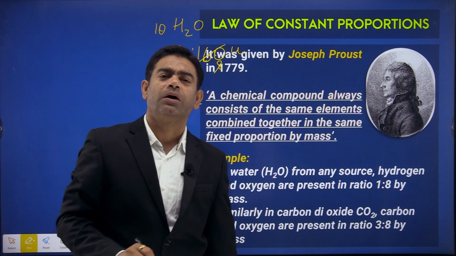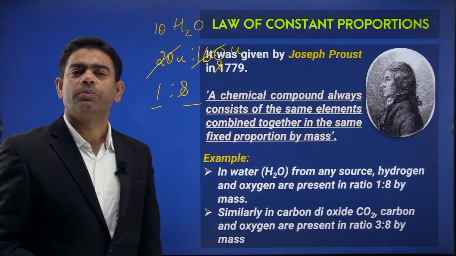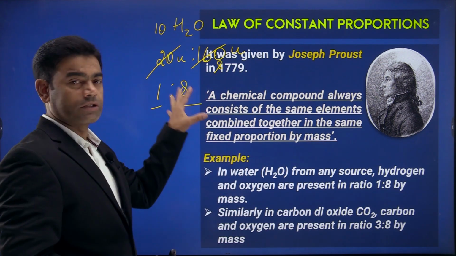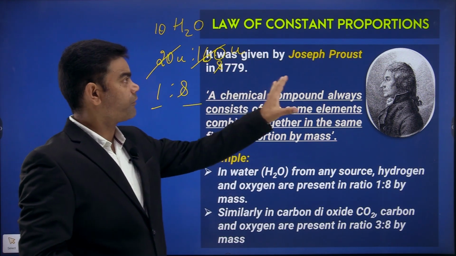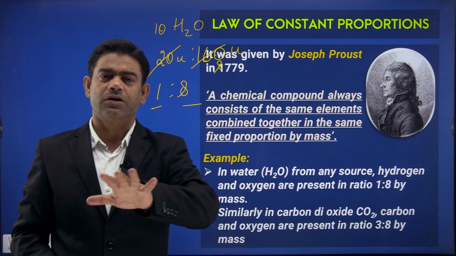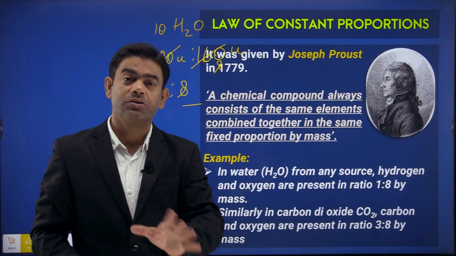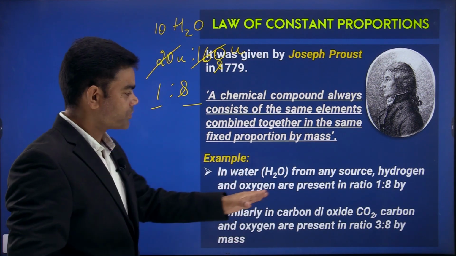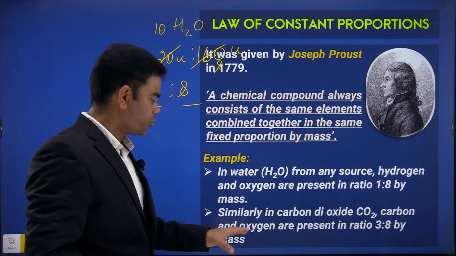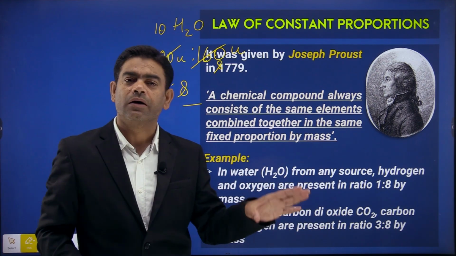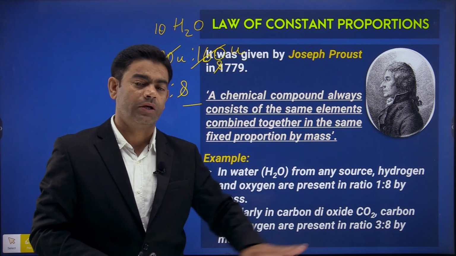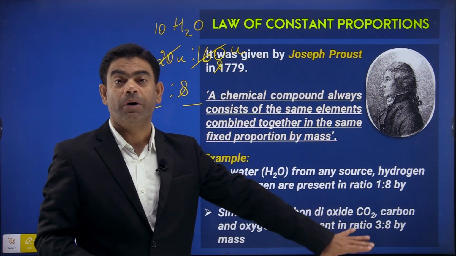कितने भी मॉलिक्यूल ले आओ, कहीं से भी ले आओ, रेशियो मेरा 1:8 ही रहेगा फॉर ए गिवन कंपाउंड वाटर. ओके, सो दिस इज लॉ ऑफ कांस्टेंट प्रोपोर्शन फॉर एनी काइंड ऑफ कंपाउंड. उसके मॉलिक्यूल्स का मास का रेशियो या नंबर ऑफ एटम्स का रेशियो सेम रहेगा. यहाँ पे कार्बन डाइऑक्साइड का भी एक एग्जांपल दिया हुआ है. यू हैव एन एग्जांपल ऑफ कार्बन डाइऑक्साइड आल्सो, CO2. It contains carbon and oxygen. Okay, anywhere you bring carbon and oxygen, the ratio over here is 3:8 by mass.